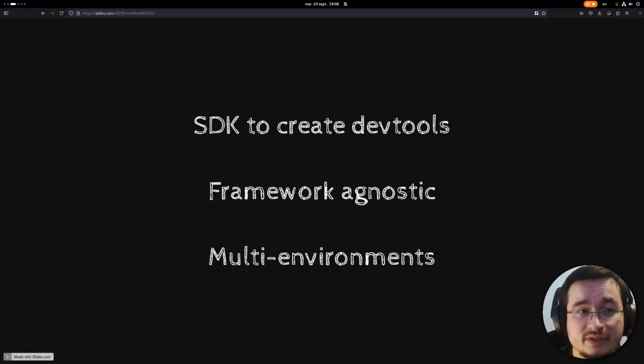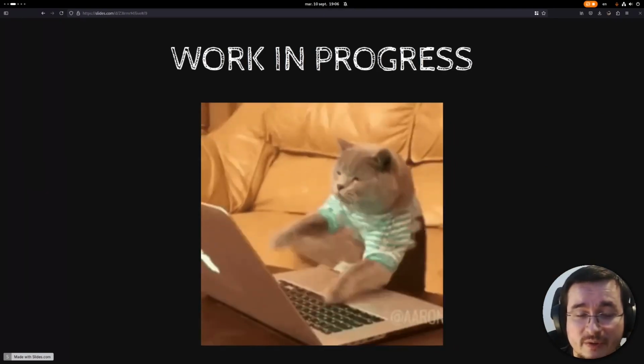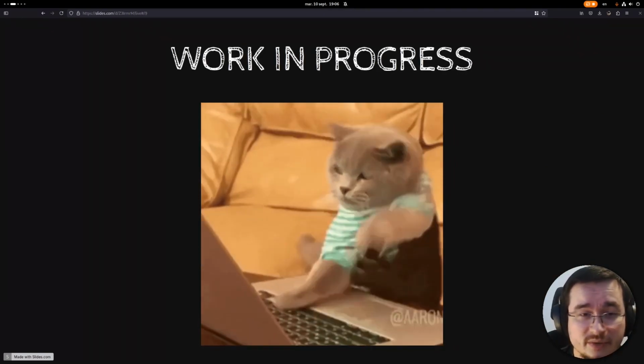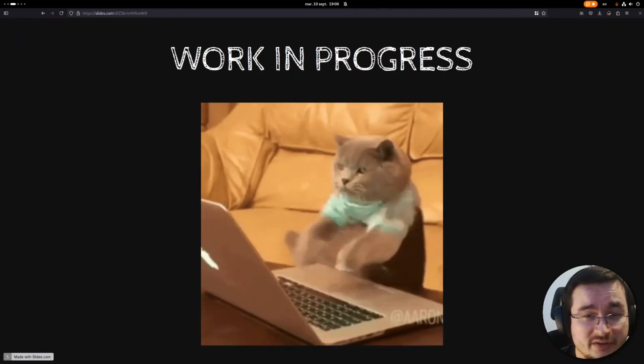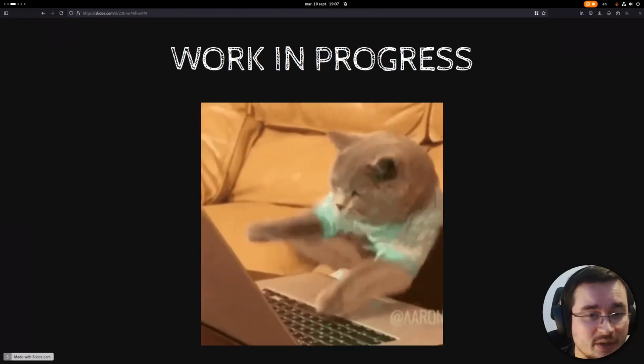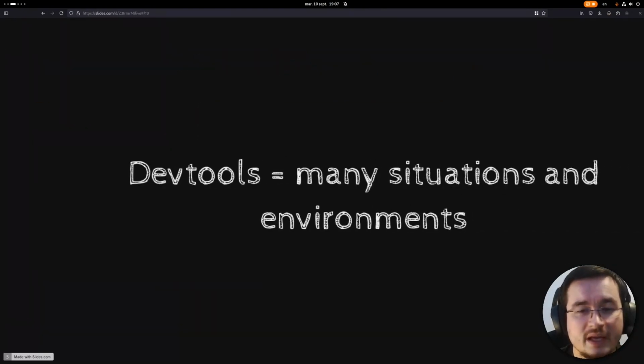Creating DevTools is a pretty complex task. Everything I'm going to show is work in progress, so we're still figuring out what the APIs look like. So anything can change between now and when the SDK is going to be stable.